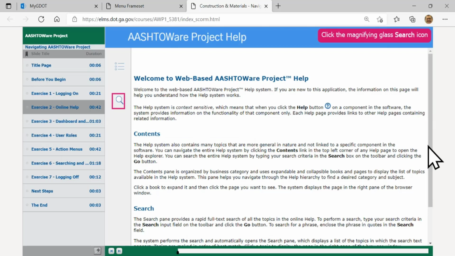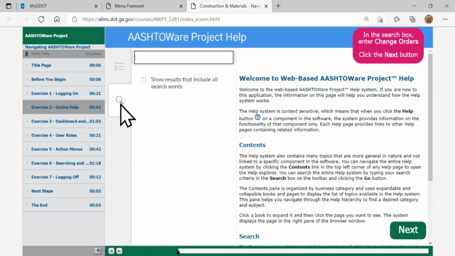As you can see, the scroll bar is here, but it's not engaged right now for me to work with it on the CBT. It says click the magnifying glass search icon. Well, over here on the left-hand side, there's a little search icon, the little magnifying glass. If you click on that, that opens up the screen so that you can then search by specific terms. You have a search box at the top, and on the right, it will show you the different items that you select that you're working with.